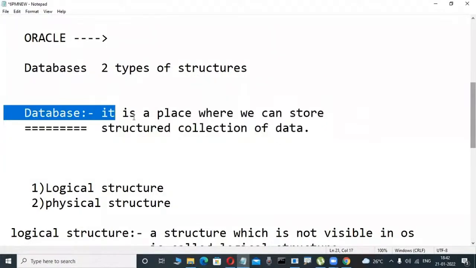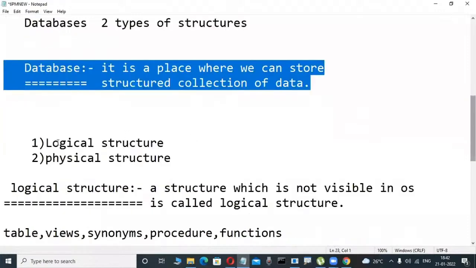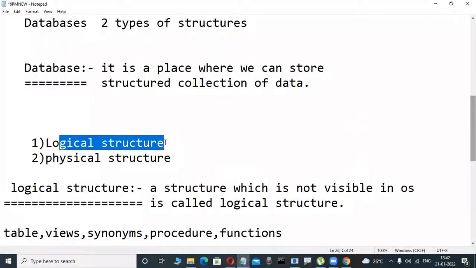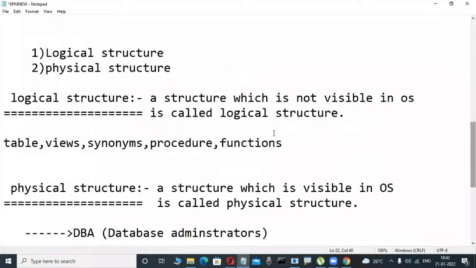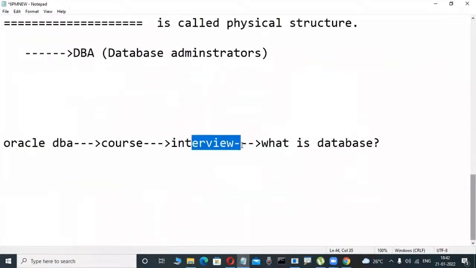Why? Because this is the developer definition. Developers are logically good. A table is nothing but a structured collection of data. They have an idea, that's why you are also telling structured collection of data. Maybe from their point of view it is not a problem. They are thinking the easy, logical way, understandable. But unfortunately, DBA persons have different knowledge. That's why, when they ask what is a database,